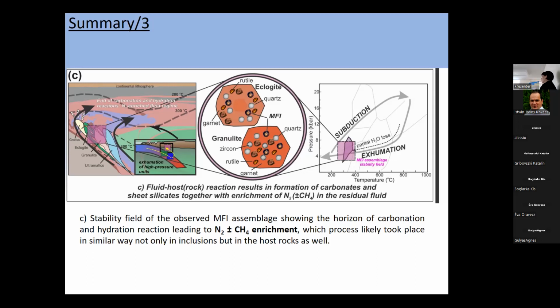So I think if we'd like to check the connection of fluids and earthquakes at active margins, we should look not only at the CO2 and the water, but we should look at the nitrogen and the methane. Of course, there will be other challenges, because we have to distinguish the atmospheric nitrogen from this nitrogen coming from deep down in the earth. But this is a kind of very clear but important lithosphere scale